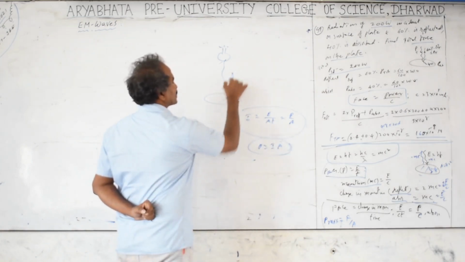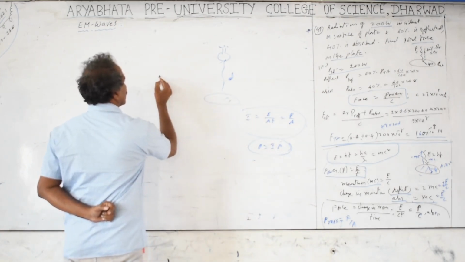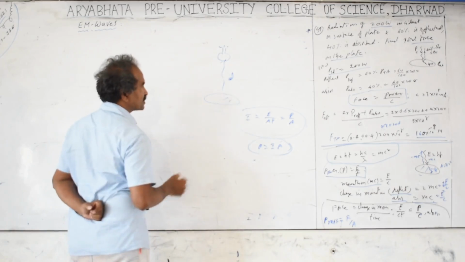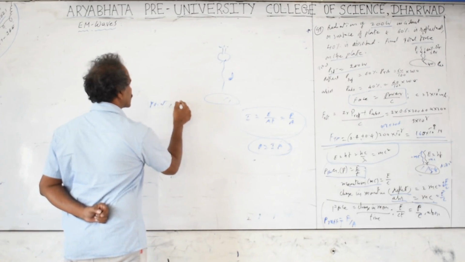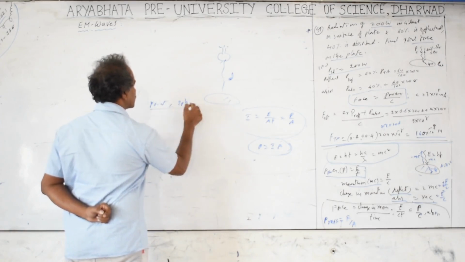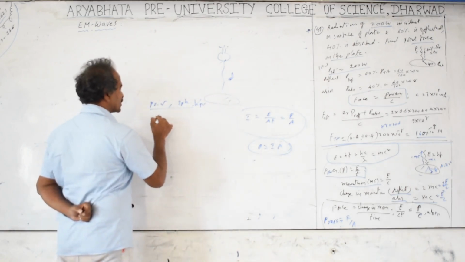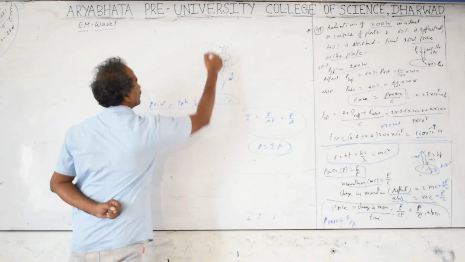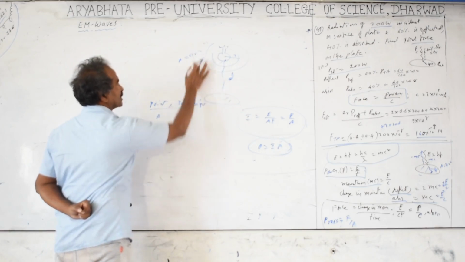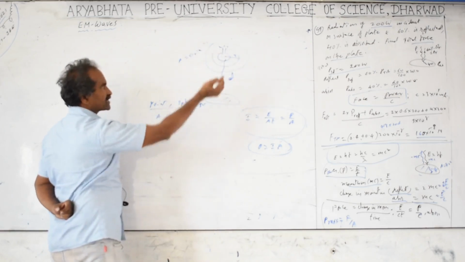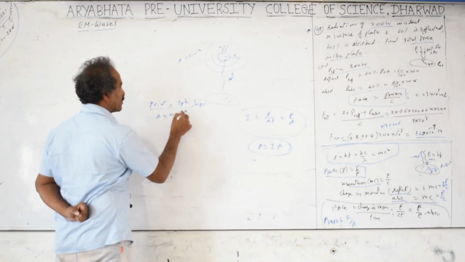What about the intensity relation with the distance? In the photoelectric effect and wave optics also we get the same relationship. If you have point sources or spherical sources, like light bulbs or candle lights, we have to take spherical wave fronts at a distance r. At whatever distance is given, that is taken as the radius of an imaginary sphere around the source.